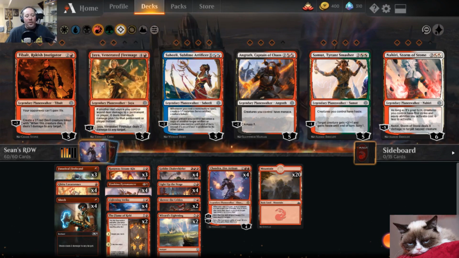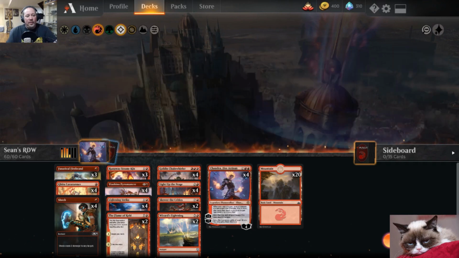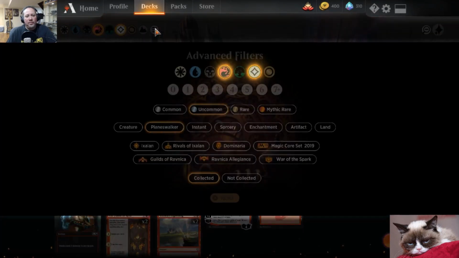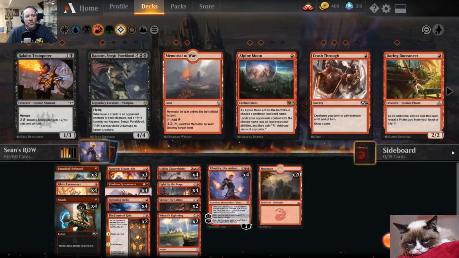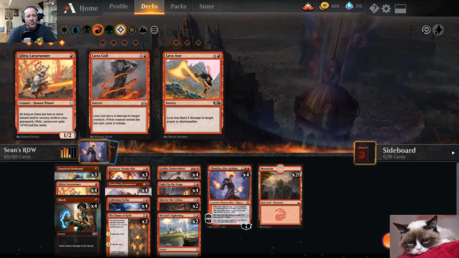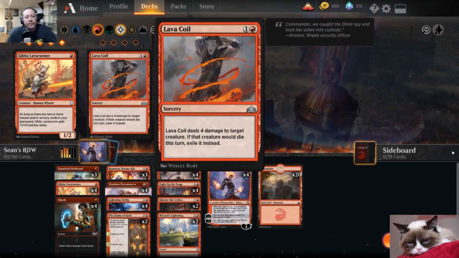Yeah, that's probably a good option. I would have 2 or 3 Lava Coils. I would probably run Tybalt sideboard. If I go against a weird, non-small creature Lifegain deck, I would probably run Tybalt. But other than that, I would try to stay along this line,